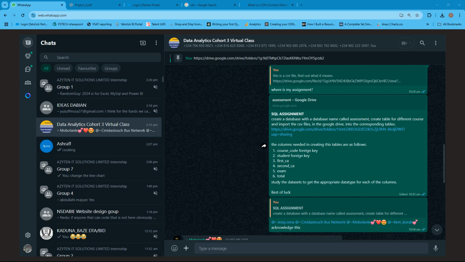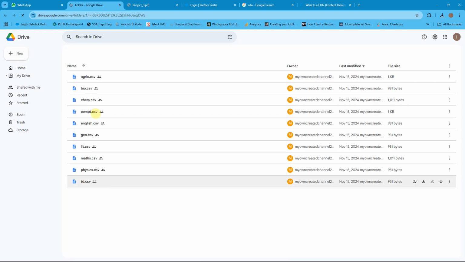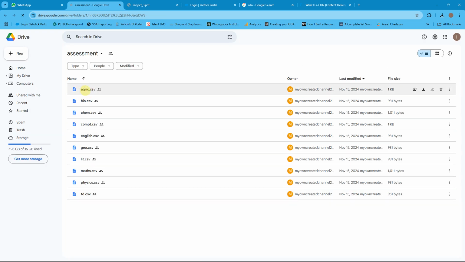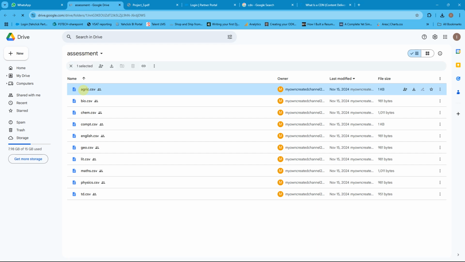But the rest of you can see my screen. You can hear me, right? So the assignment I gave was to create a database with database name called assessment, create table for different courses and import CSV file. Now this is the file itself that I gave you. So these are different subjects. If you open it,